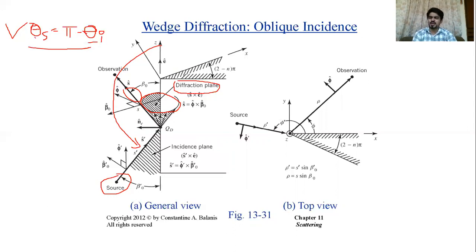When we discussed cylindrical structures and oblique incidence, I showed you the Keller cone, and I also shared a review paper written by Professor Yahya Rahmat-Samii from UCLA, and recommended you to go through that paper. I hope that you went through that paper. So we have gone through this concept of the Keller cone in the previous lectures.